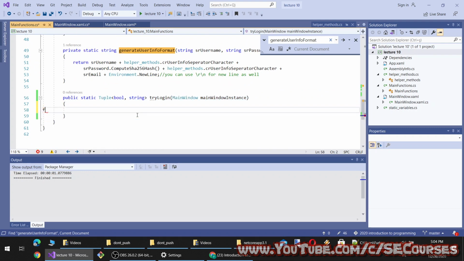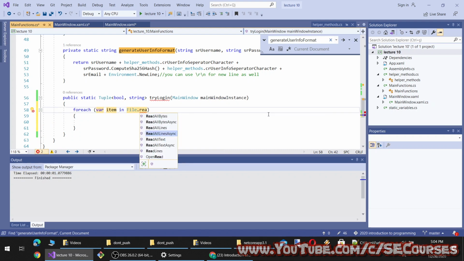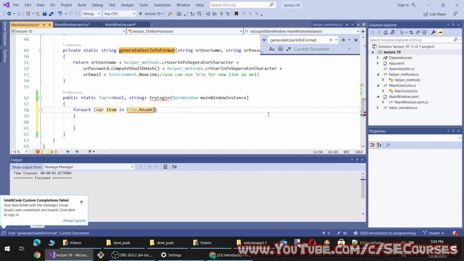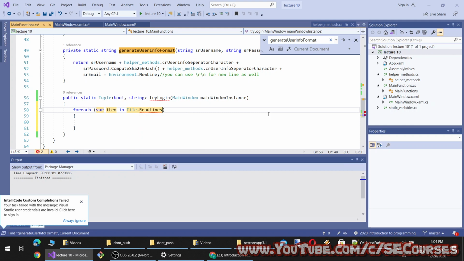All right, so I will start from here with foreach, file read lines. So this will read the file line by line. Okay. So I will not type the users txt name like this, because if I change the name, I have to change its name everywhere in the program.